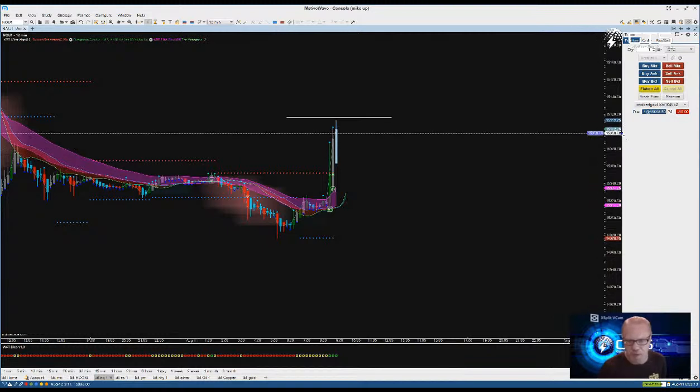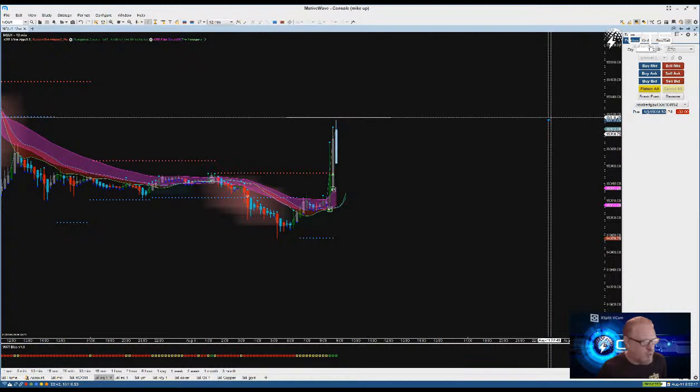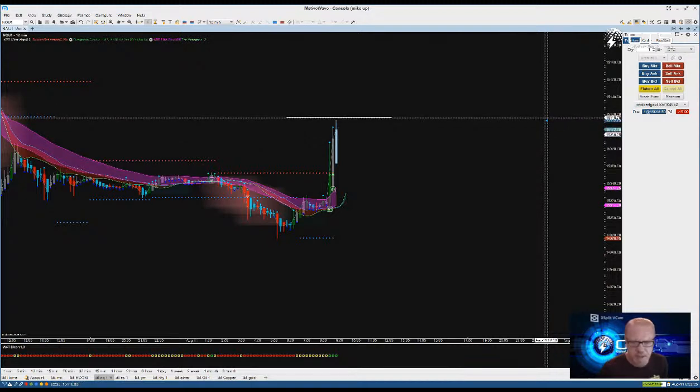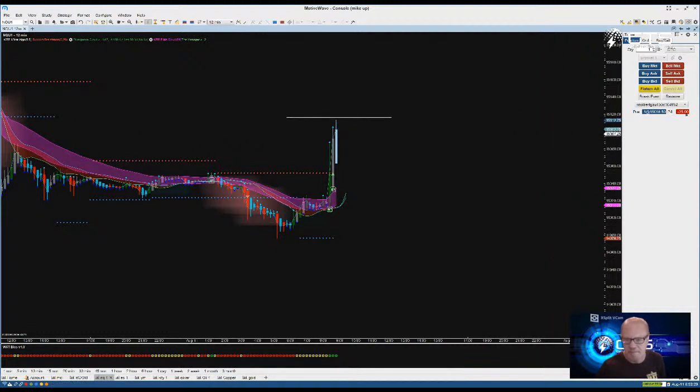Still trying to get past this 102, Daniel. This 101, 102 area. It's always been a toughie. But if we break the 101, 102 area, we've always had that problem at that 101. It's going to push up to this 115, 116 at least. But we're just going to stay in it and see where we go this morning.